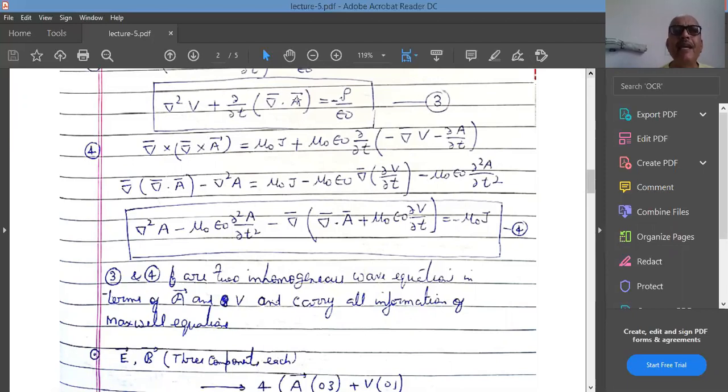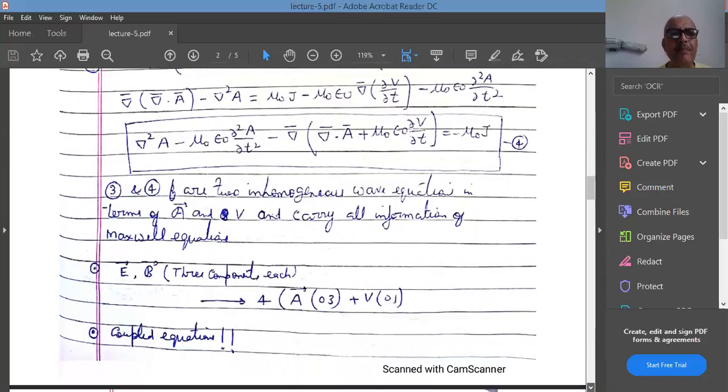You can see we have A here and similarly we have phi here. So we cannot solve both the equations blindly. We have to apply some sort of transformation so that they become solvable and understandable in terms of A and phi. Then one more thing between A and phi and E and B: E and B are experimentally measurable parameters, while A and phi are mathematical parameters, they cannot be measured by experiments.